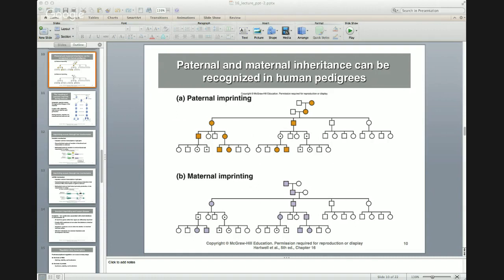Here we have an egg and a sperm, and we know that egg and sperm are haploid. They unite at fertilization to create a zygote. You can see here the imprint on the egg, that's red, and on the sperm, there's an imprint that's black. And here we have a zygote that contains both chromosomes, right?